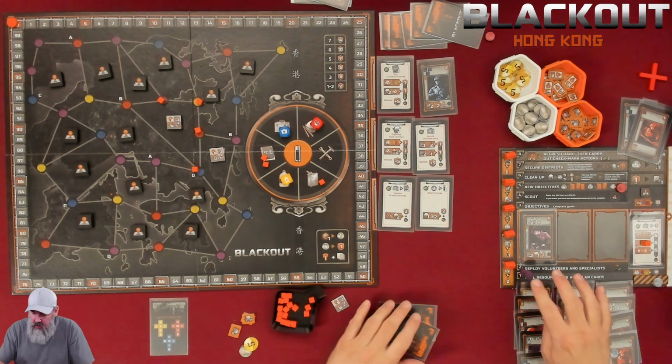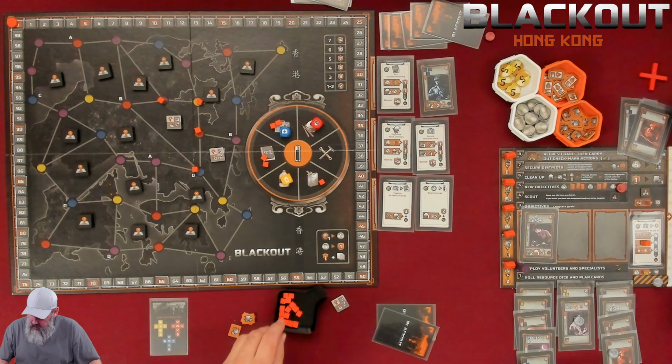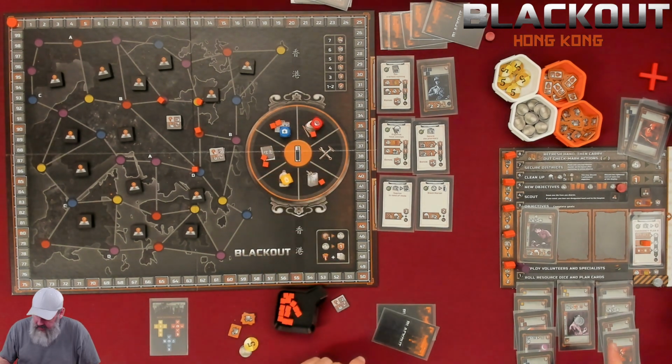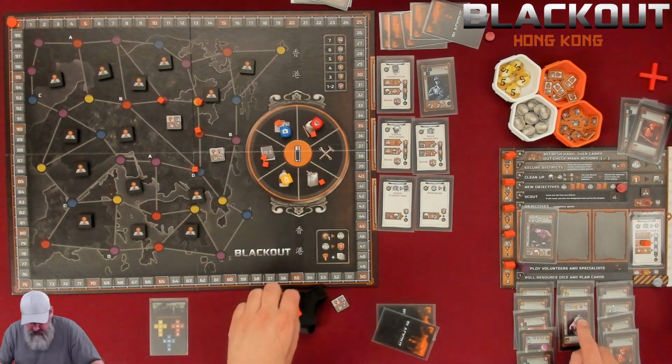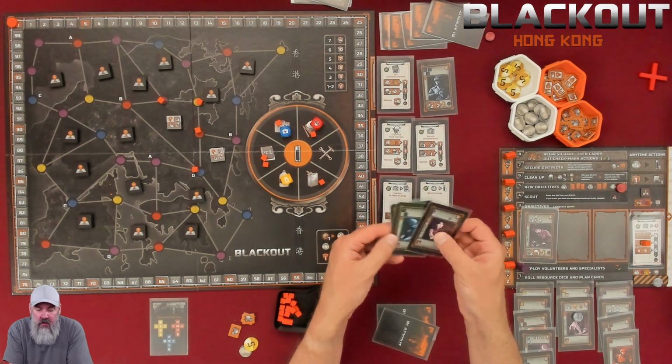We got this. Okay. Deploy volunteers. So the 2 blues are going to go up here. The 1 red is going to go right there. And then we have the doctor is going to spend a med kit to bring somebody back to us. So the million-dollar question is who? Do we take